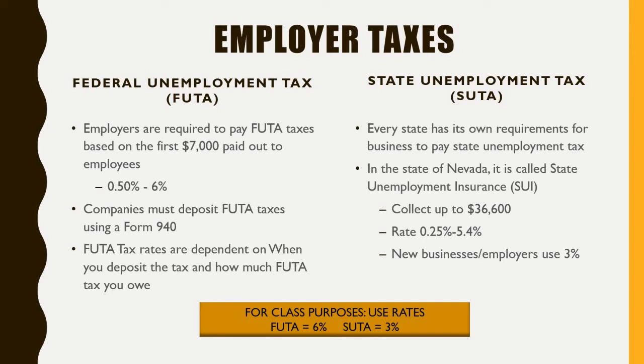Okay. And then the state unemployment tax. So again, depending on what state you are doing your business in, they are going to have their own specifications and requirements, right? In this case, the state can collect up to $36,600 for state unemployment. Again, this number can be subjective for every year. For this one, this is the 2022 version, okay? It is up to $36,600, and of course, your rate can range between 0.25, or a fourth of a percent,